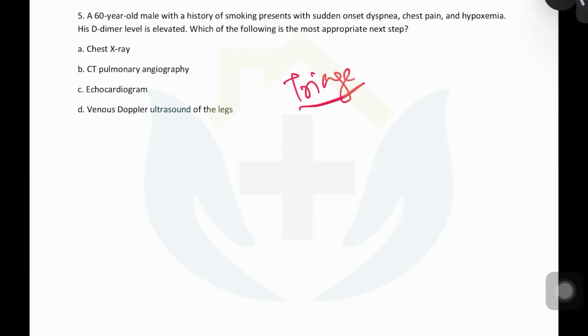You need to triage this patient. The kind of situation they have told you is a patient who has come to you in probably an OPD or emergency room, but the patient is stable enough to get a D-dimer level done. So that means this patient can be taken up for a CT pulmonary angiogram. Otherwise, for example, if this patient comes to the emergency room and the patient is so sick that CT pulmonary angiogram cannot be done, then what will you do?